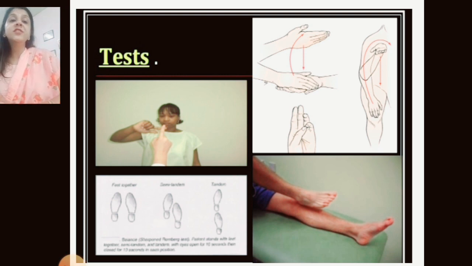In the first figure, the test is the finger to finger test. The patient is sitting and the therapist is sitting in front of the patient, or subject. The therapist's index finger touches the patient's index finger, which is why it is known as the finger to finger test. We ask the patient to touch the therapist's finger. What we observe is whether that action is accurate and smooth. We observe the coordination and the smooth movements, and second, we observe